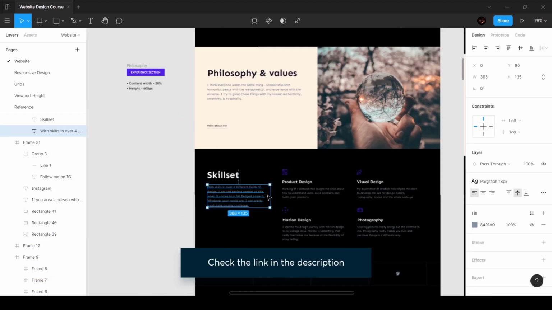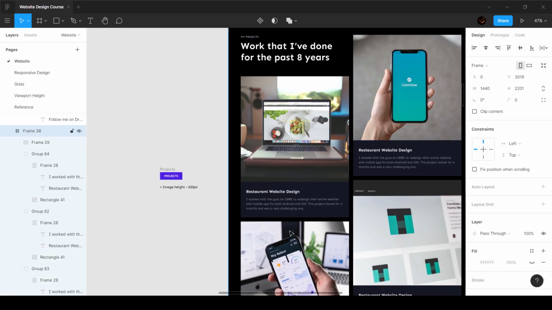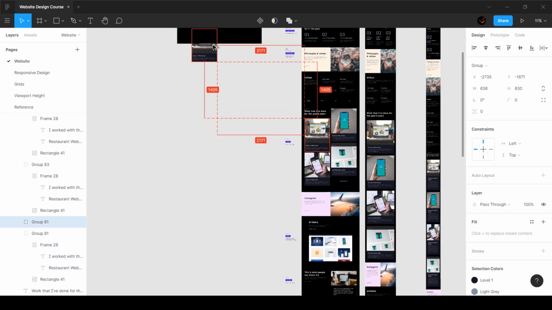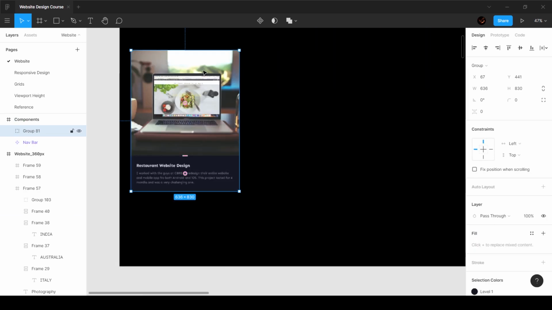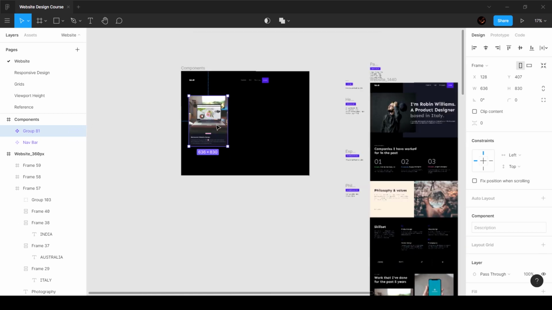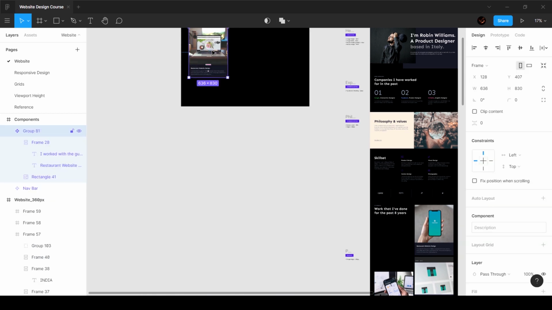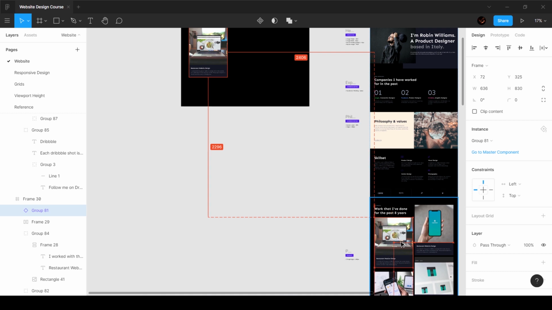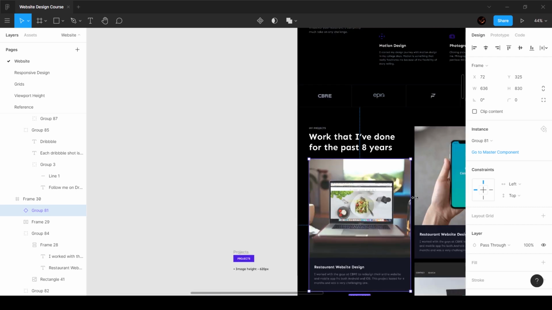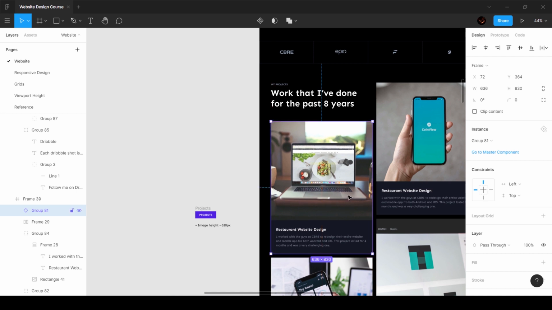We can pretty much create components for anything. Let's say you want to create this particular thing into a component, you can do that. You want to create this whole thing into a component, you can do that. We can select this, and I'm going to make a duplicate of this, bring that over here inside, and create this into a component, and this becomes a component. Ideally, you want to have an instance of these components inside your design, so make a copy of this so that you get an instance over here, and all the masters you can put together. We can make sure that this perfectly aligns, and it's going to be in purple color.